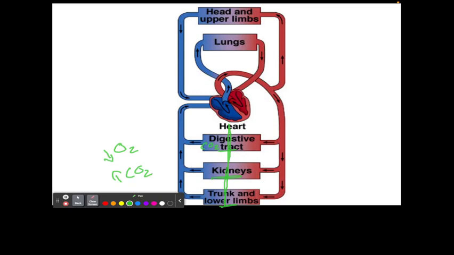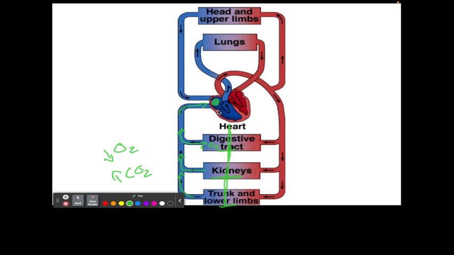So now all of those veins, notice how I say veins, they are all veins here in this case. All these veins are bringing blood back to the heart. There are three main veins that bring blood back to the heart, and you'll see those in the next part of this video. Once that blood gets back to the right atrium,